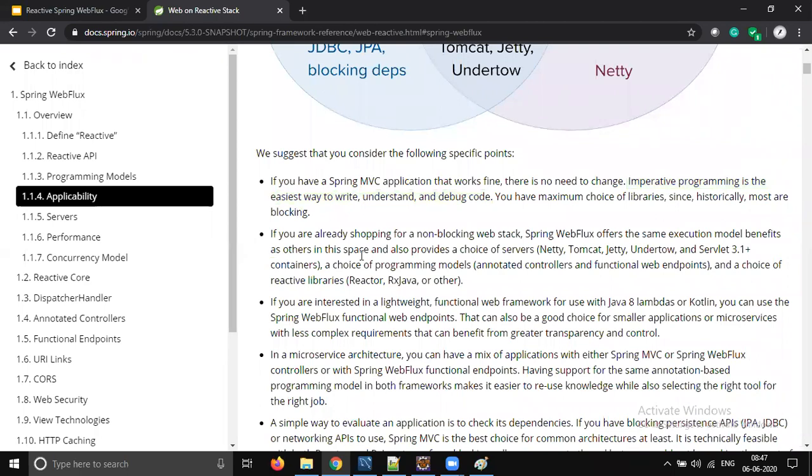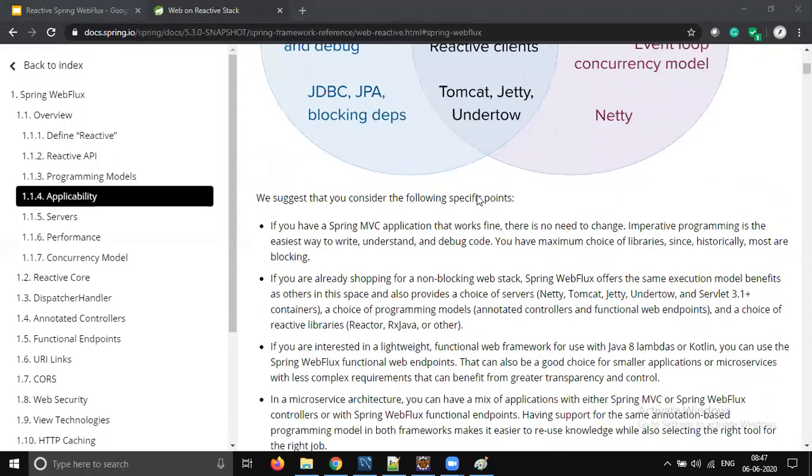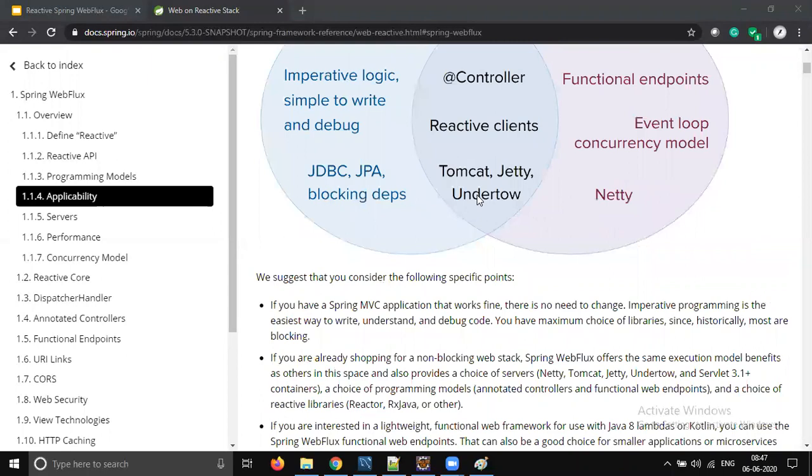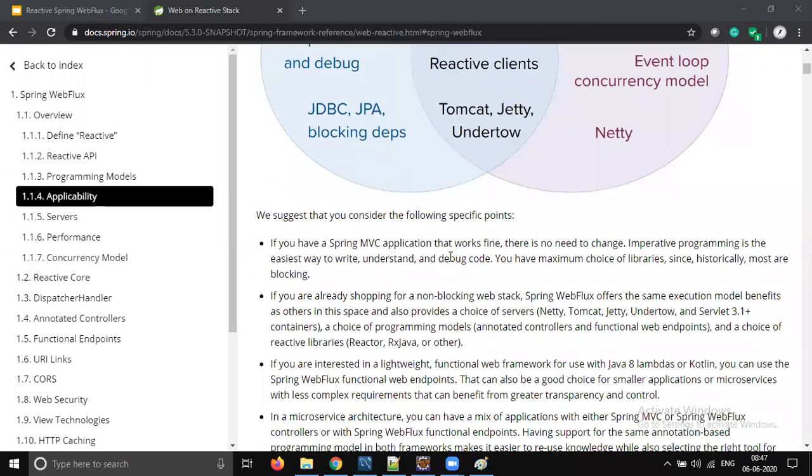If you already have a shopping application with a non-blocking execution model like Webflex, and your front end is like RxJava, which is a reactive front end, then it's better to shift, there might be a choice. For example, if you are going to start a fresh project, and your front end is moving into reactive programming and you got a chance to upgrade your application, then there might be some chance.